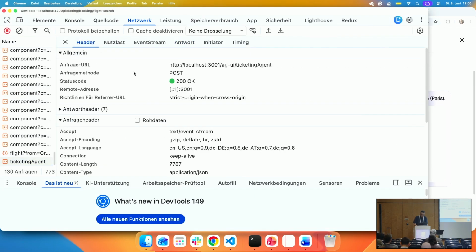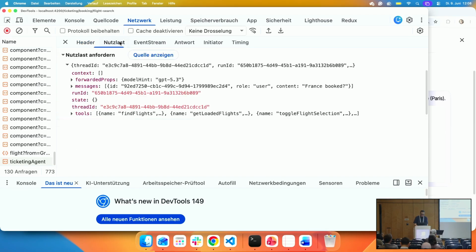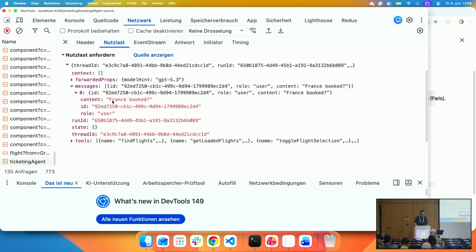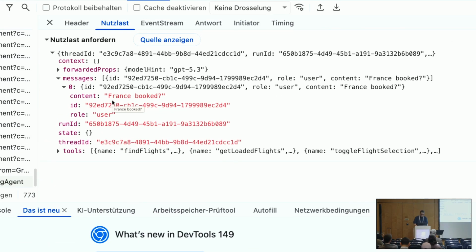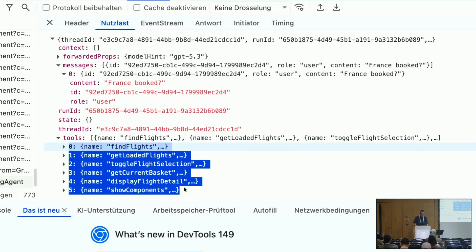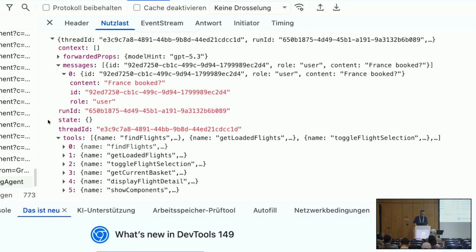So what we see here is I have a post message, and in the payload we see my question, France booked. And also here I'm providing information about my client-side tools, like get loaded flights, or like find flights, or show components, show this, show that, with a lot of metadata.